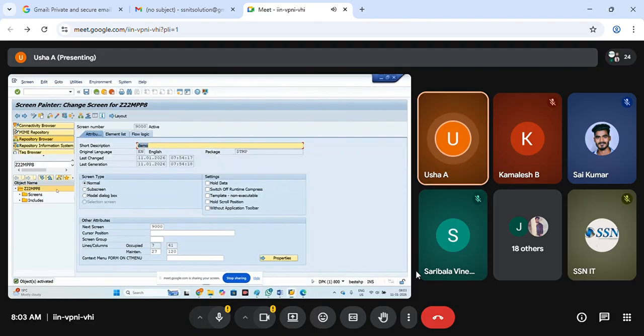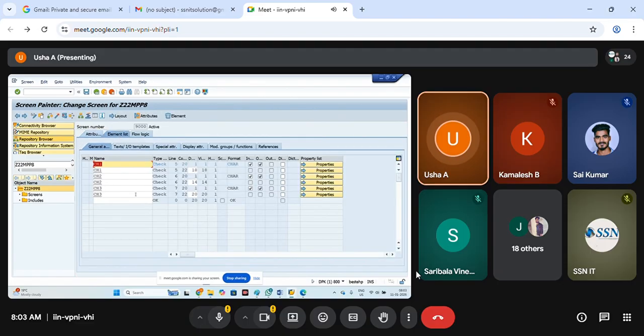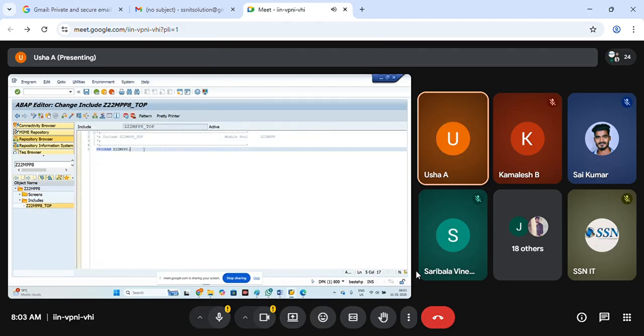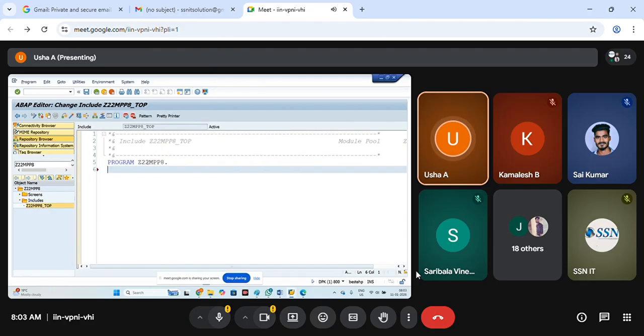And first I need to declare this CH1, CH2, CH3, right? Just go to the includes. Here, declare it. How to declare? DATA is the keyword. CH1 type C, or CH2, comma CH3.